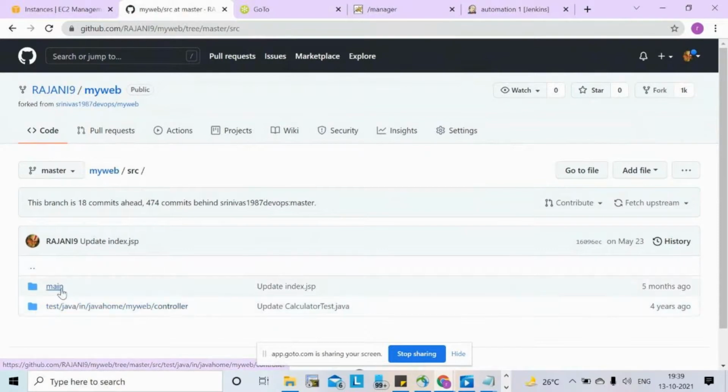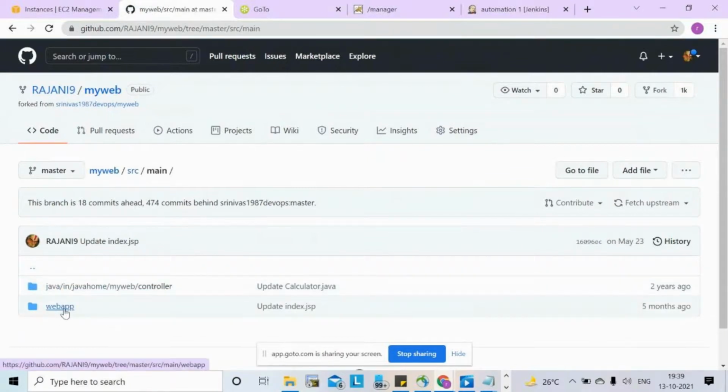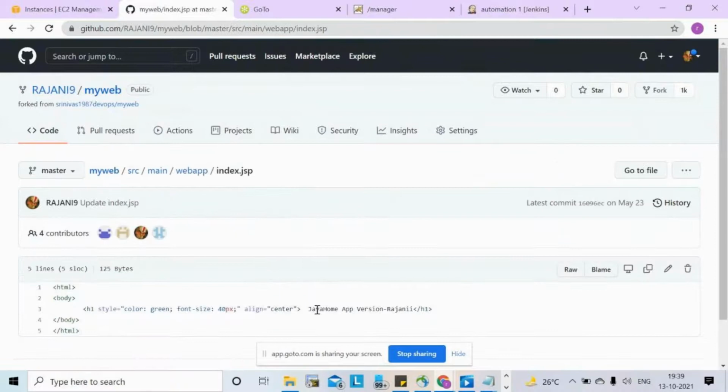We have a main, that index.jsp. Index.jsp will trigger and redirect your code to show the output. See, web app, index.jsp. So what I wrote here is Java home app version.